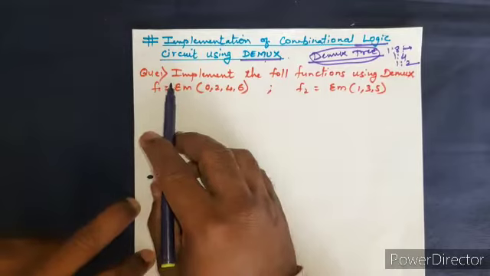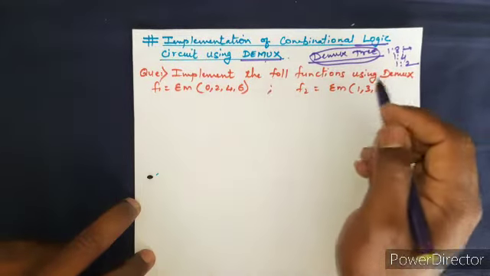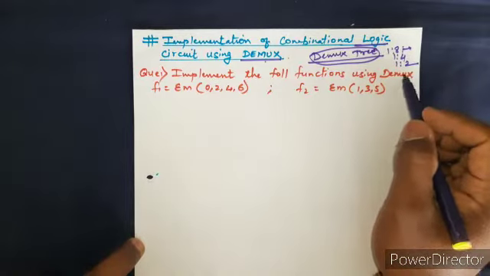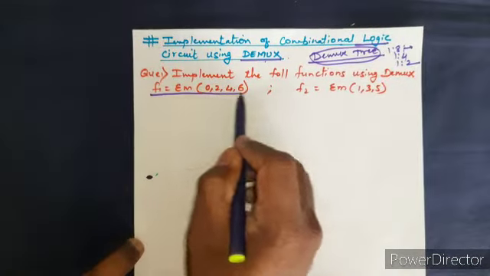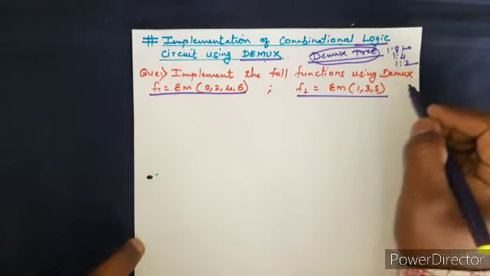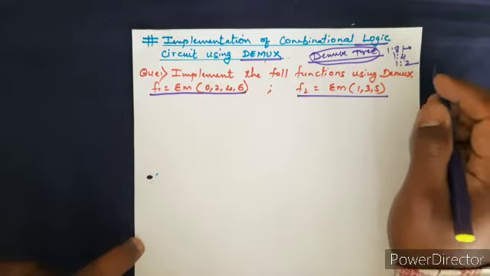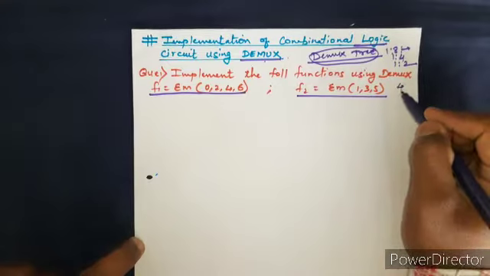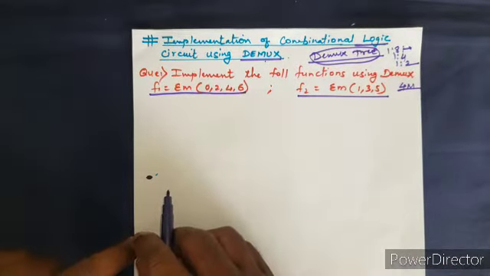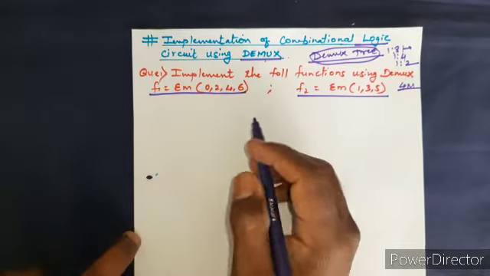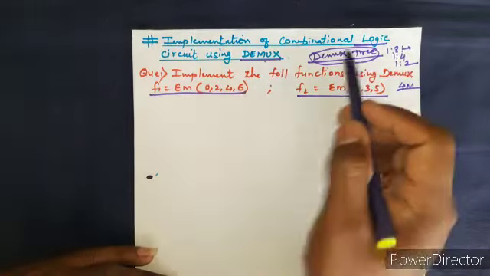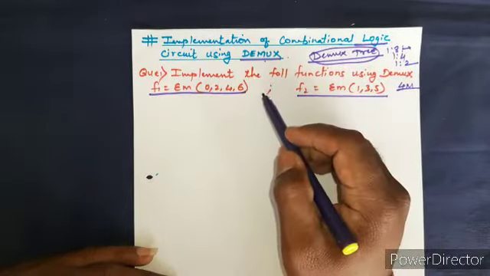The question is, implement the following functions using DEMUX. Now here one function is given, two functions are given. Okay, and this was asked in one of the diploma MSBTE examinations for 4 marks. Right, so let us try to solve this and try to implement this function or combinational logic circuit with the help